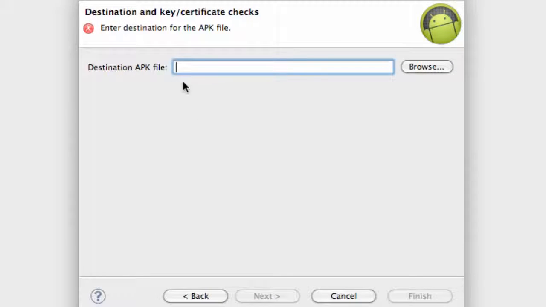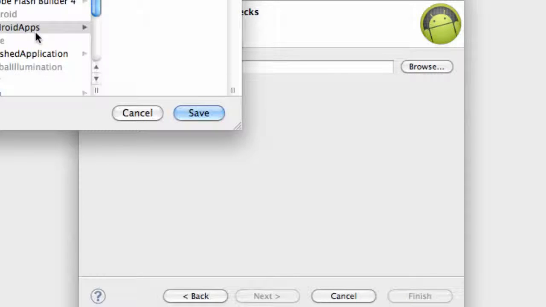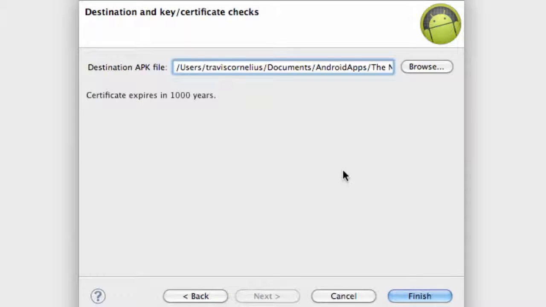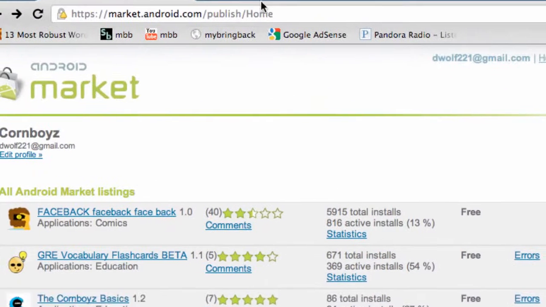Then we gotta locate where we want to save the APK, and I'm just going to save it in the same folder as well. And there we go. We're just going to hit finish. So far nothing new. Now what we're going to have to do is we're going to go into the Android